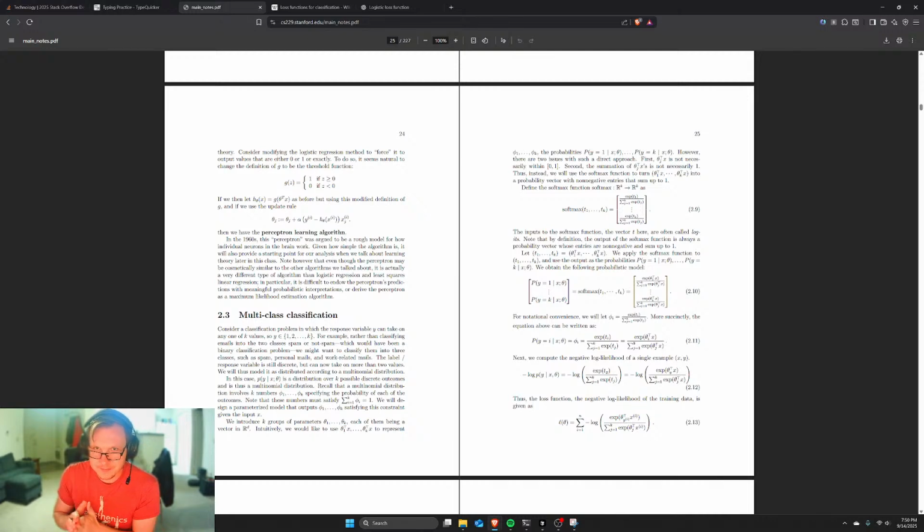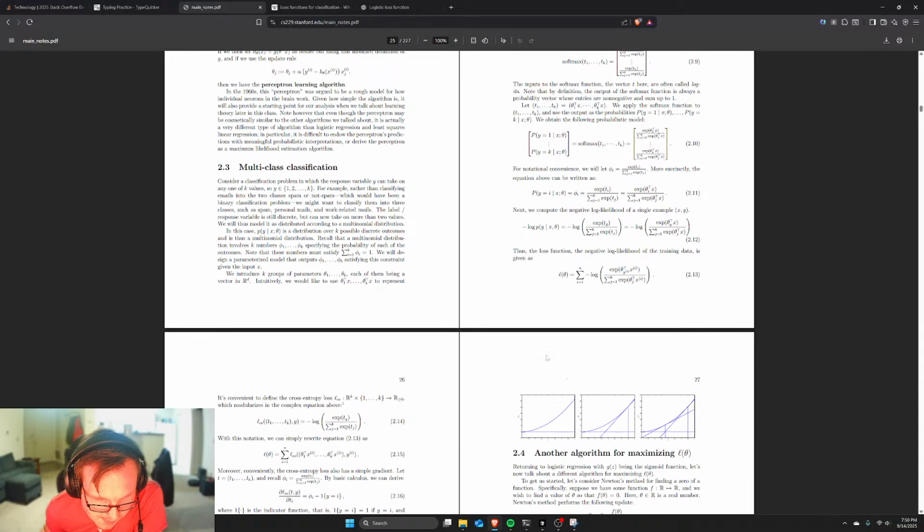Hold up. So a loss function is, in this case, this is cool. It's L of theta is equal to